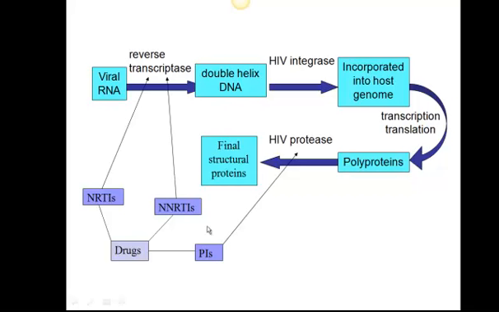Our other major class is the protease inhibitors. These are involved in splicing our polyproteins into their mature or final structures. These are utilized to make the protein capsid that surrounds the genetic material, and also to make protein core structures that show up in the envelope of the virus as well. This blocks the maturation of the virus and inhibits the release of the virus from the host cell, which ensures that the host cell will survive and still maintain its normal function within the body.